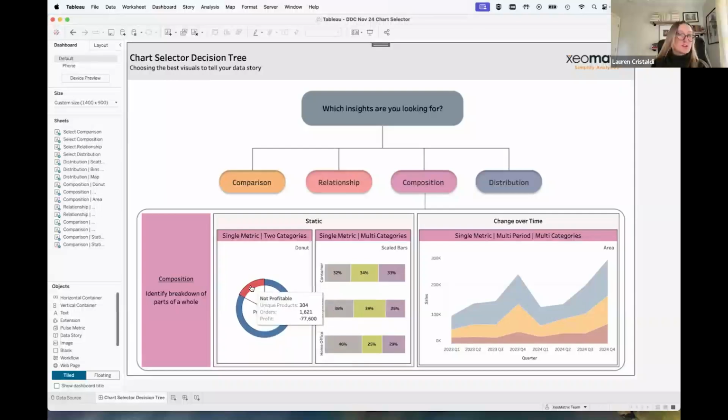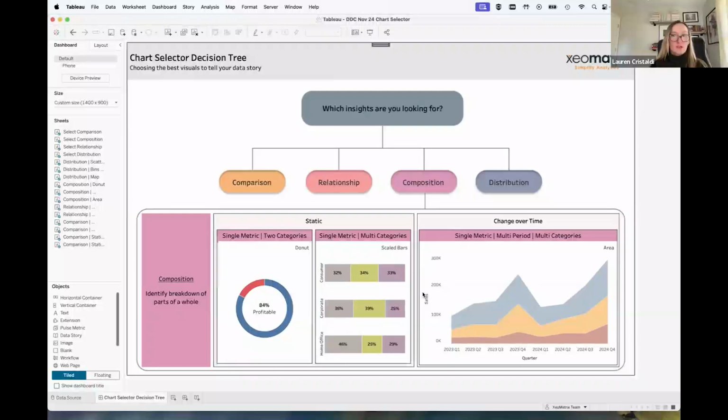Right here we have it. I have it broken down, just saying not profitable or profitable. But in terms of a segment, it could be we just care about the consumer versus everything else. And you can even have multiple pies and just have them say those different groups or segments versus the whole. And I like to put the label in there for the metric we care about most. So if you care about the larger part of the pie, in this case, if it's profitable or not, then you put that in the center. But if you want the not profitable value, then you put that in the center.